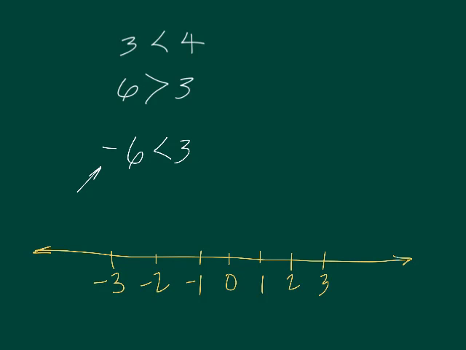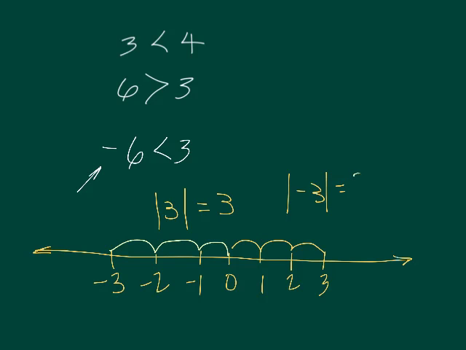So the absolute value has a symbol that looks like this. The absolute value of 3 means how far is 3 from 0 on the number line? Well, it's 1, 2, 3. The absolute value of negative 3 means how far is negative 3 from 0 on the number line? 1, 2, 3. It's also 3 units away. So absolute value is simply how far a number is from 0 on the number line,